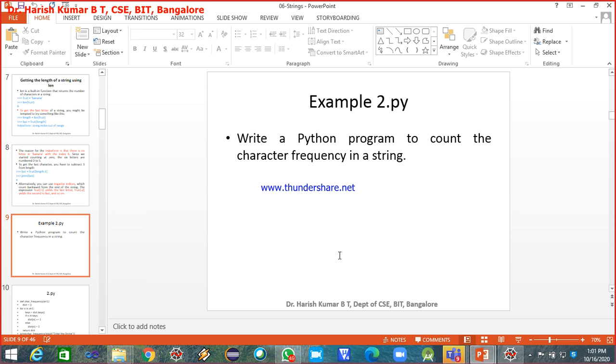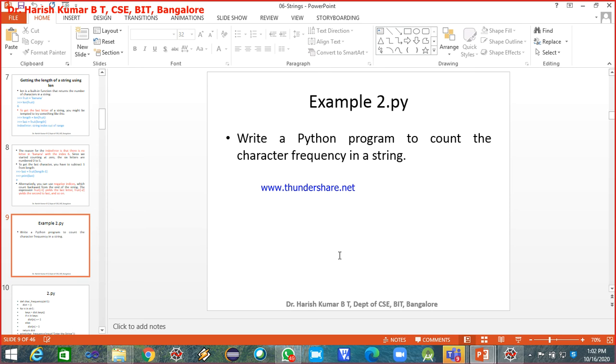Next, a Python program to count the character frequency in a string. So you have to write a program to find how many times a character has appeared within a given string, for all the characters. For example, I write a string, how many times the first character is repeated, the second character is repeated, like this.